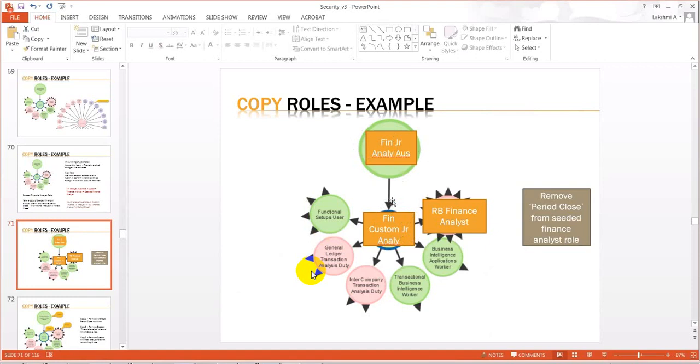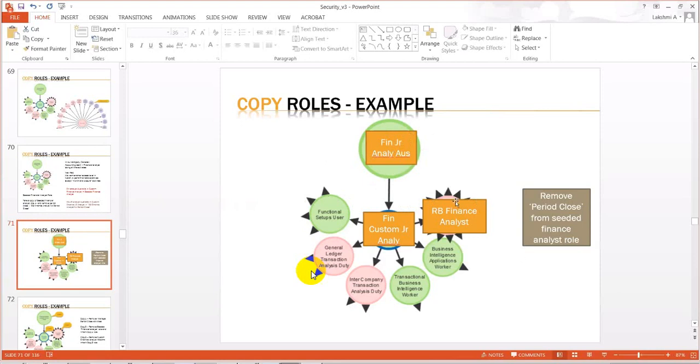Is my understanding correct? No, the arrow is like that, but this is the one having all these properties. So this role is the one having all these properties. So if I assign this role to a user, it means that user is having access to all these things. So it is the bottom level actually. If you talk about assigning, if you talk about inheritance, it is the one you are assigning to the user. If it is assigned to the user, it should have access to all these privileges, all these duty roles and everything.